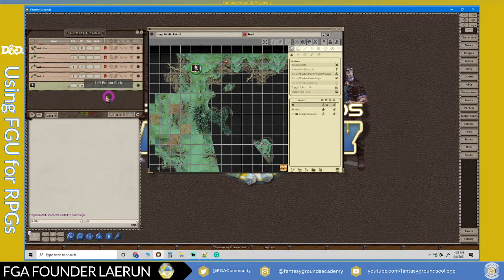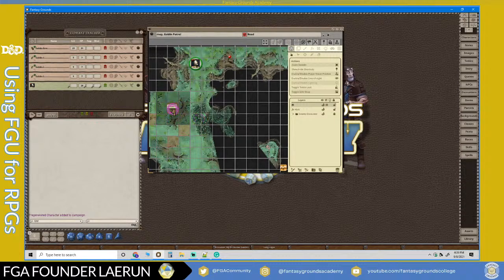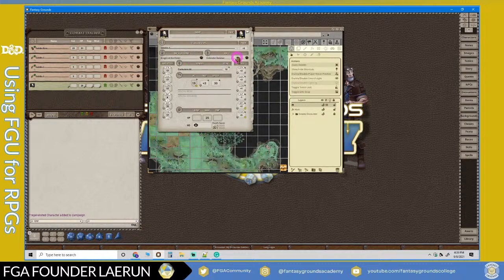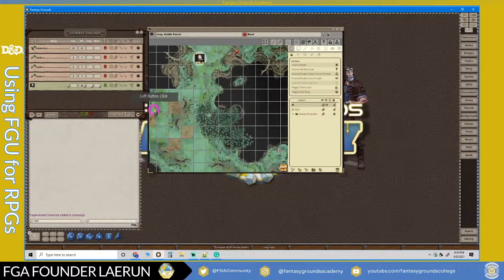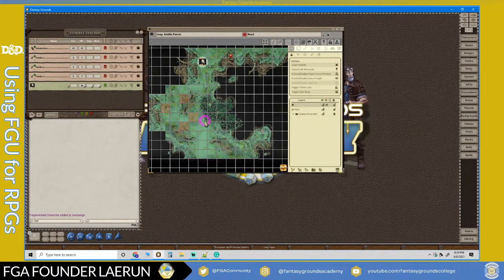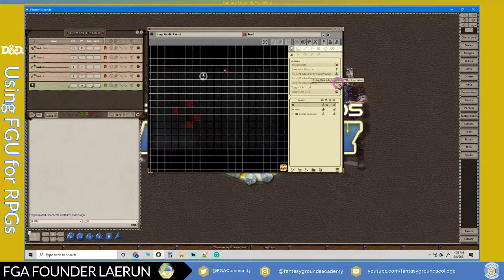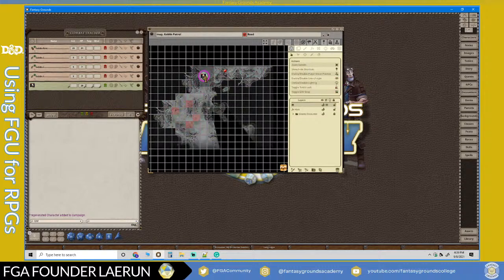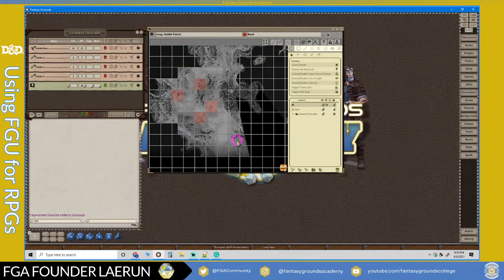Obviously, these goblins, when you have a goblin selected, they can see a lot better than this, whatever this is. So let's see, what is he? Oh, he's an Azamar, so he has dark vision, I believe. Yeah, he has dark vision. So that basically would take care of that part of it. And then if you have the lighting on, this is basically when you take possession of the Azamar, that's what